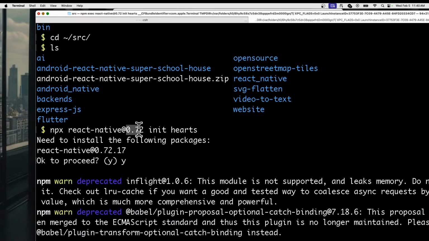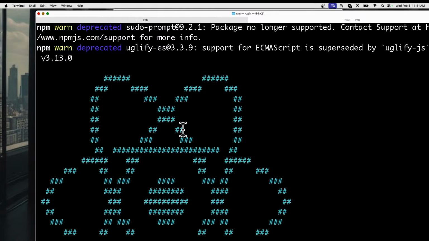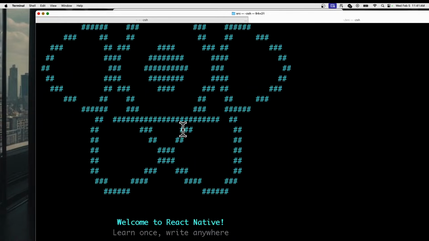And I don't want to use React Native 0.77 because that's not working with my Android Studio. Then I'm passing the parameter init, like git init, to this command, react-native. This would be the $1, and this would be the $2. This is the second parameter, which is I want to call my project folder Hearts. Now this is doing a lot of ASCII art and downloading, and